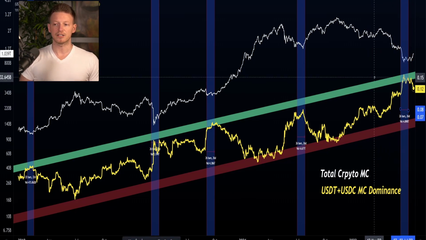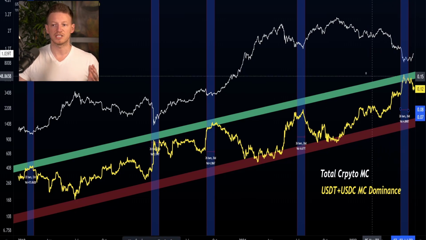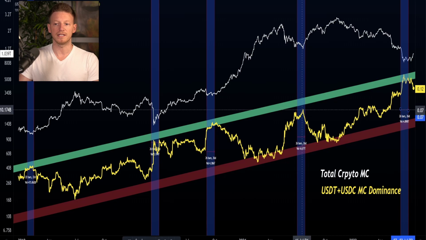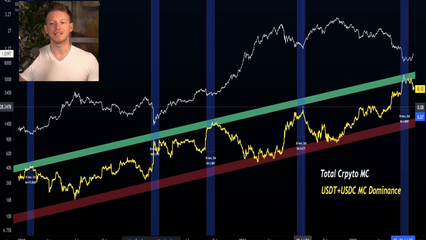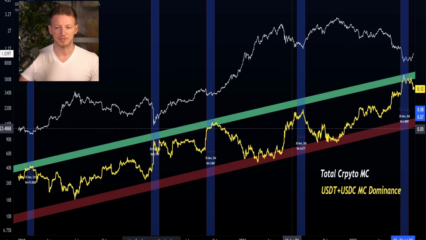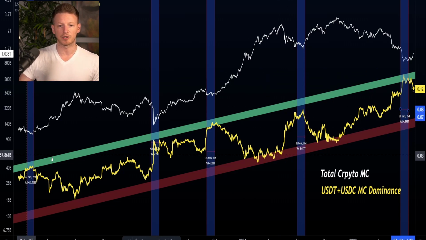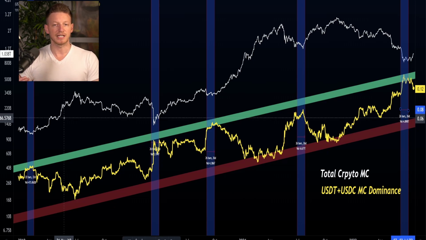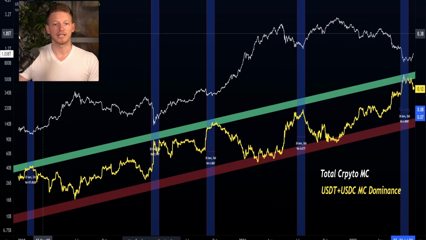Right here in July of 2022, almost a year from the last time we came up to this upper band. Notice that we didn't quite get there in July of 2021, but it was close enough. We were within 1% or so of that band. One interesting thing is that every time we come up to this upper end of the band, which you could think of as a resistance level, we see a large market turnaround.